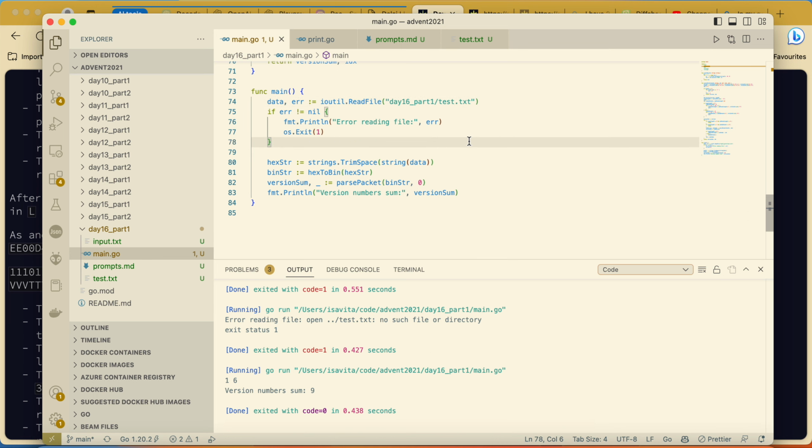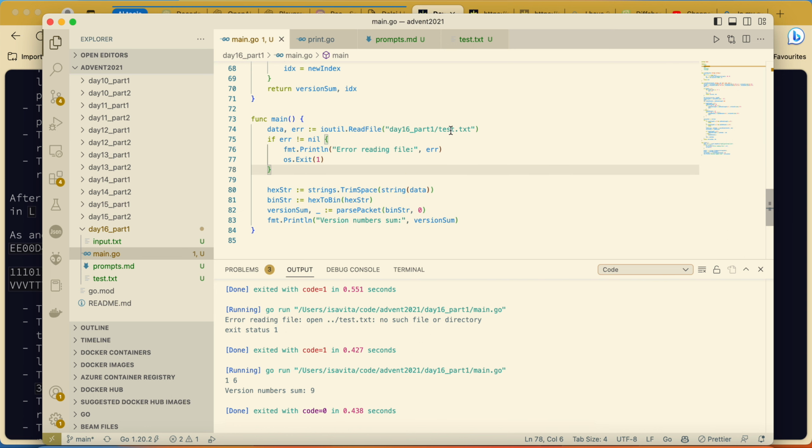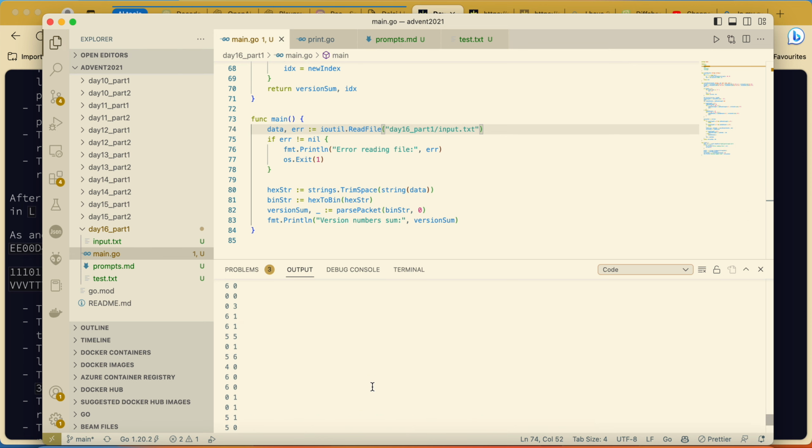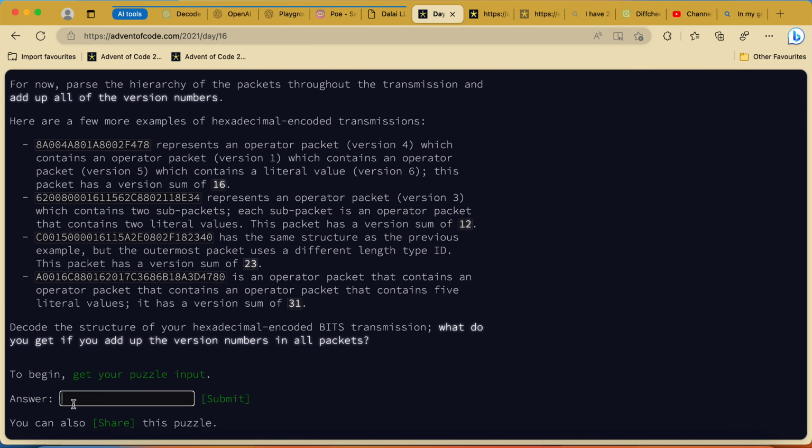Okay, so far I think that actually that's more or less the correct logic. Let me try with the actual input. We're getting 9 4 3.